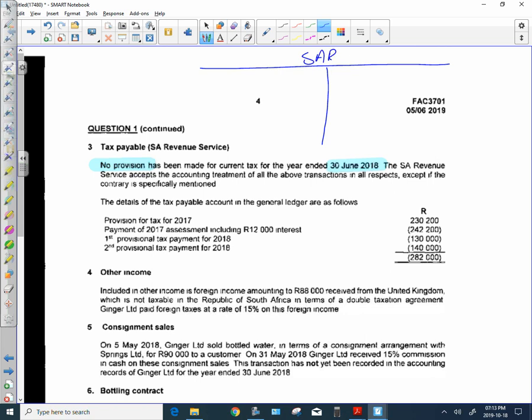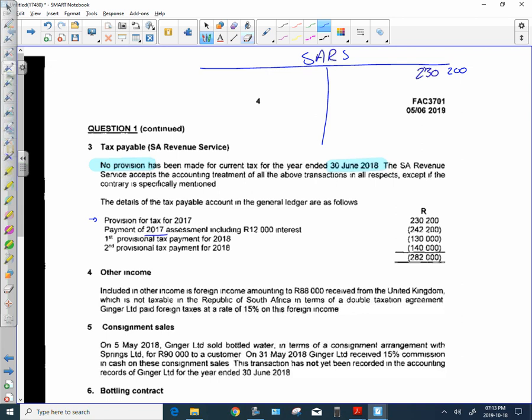So this is my SARS liability account, and I would have owed them something for 2017. So it would have been a liability. Then I would have made a provision. Okay, that would have been my provision for tax for 2017. Right, would have been 230,200. That's what I think they will charge me. Then I made a payment